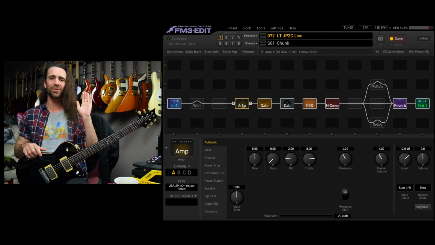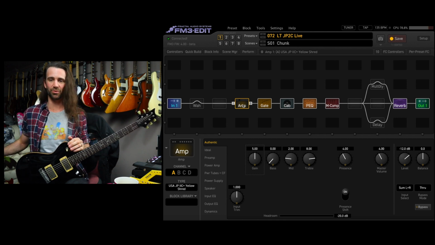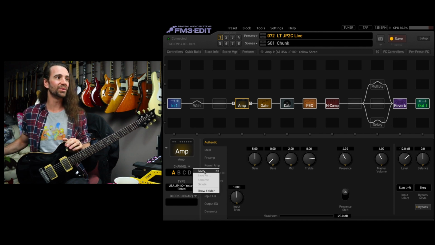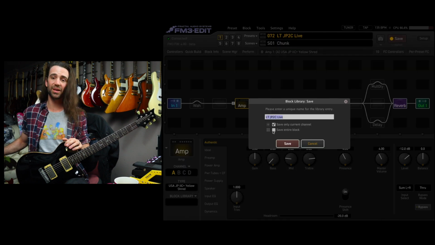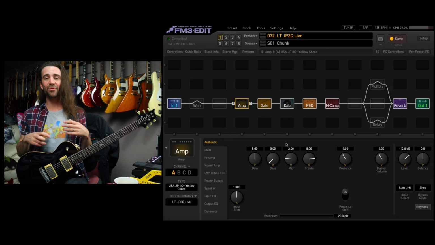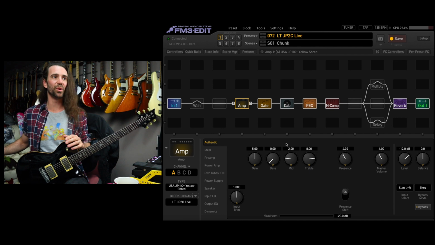Let's say I want to save the settings just for that particular channel. Previously, if I went to the blocks library and hit save, it would save all 4 channels in the amp block. But now, if I go save, I have the choice to save the entire block as before, or I can just save this single channel. So let's do that. And I've got a bunch of other channels that I've saved previously, but there is one